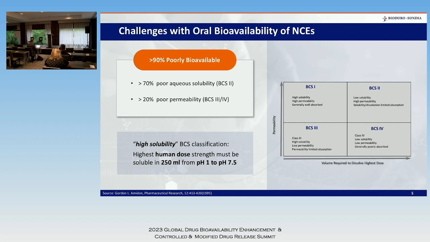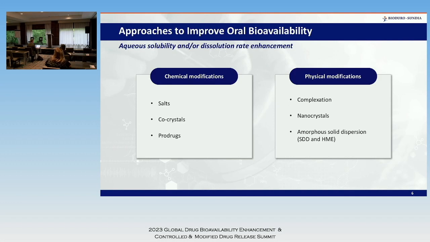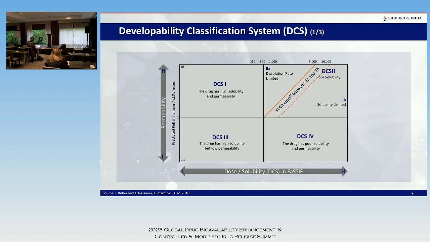But that being said, once we have that selection, once we understand if the drug can be enhanced for bioavailability through amorphous solid dispersion or any other technology, we have to go into experimentation. Further to that process, most recently, as of 2010, there is the developability classification system in place of the biopharmaceutical classification system, on the fact that not only dissolution is a problem, but also